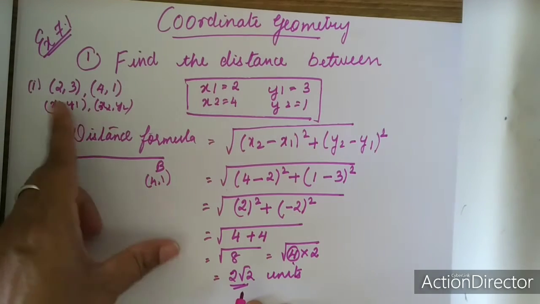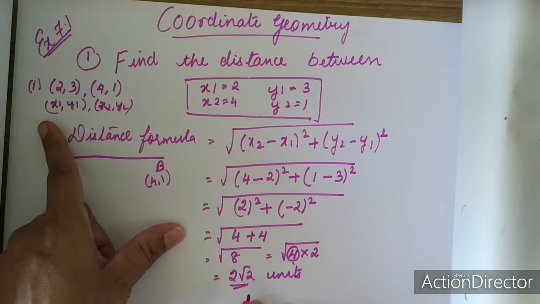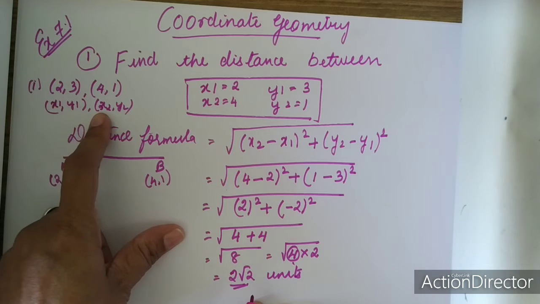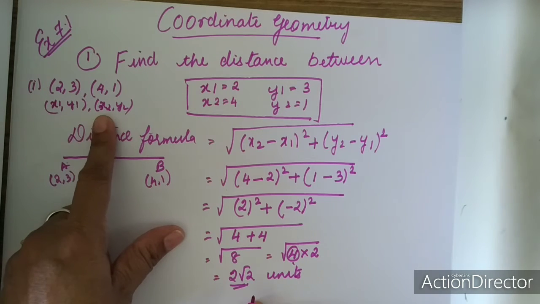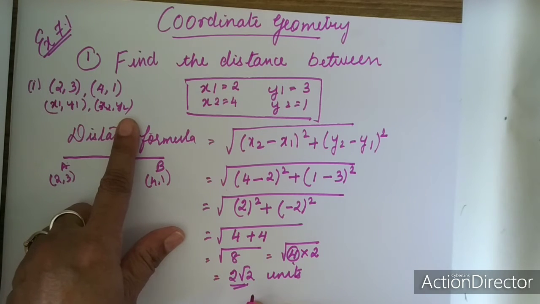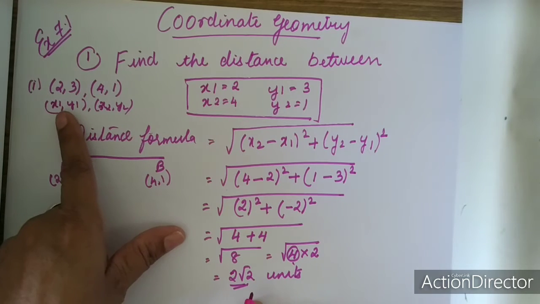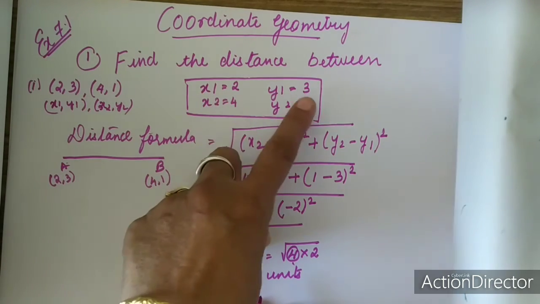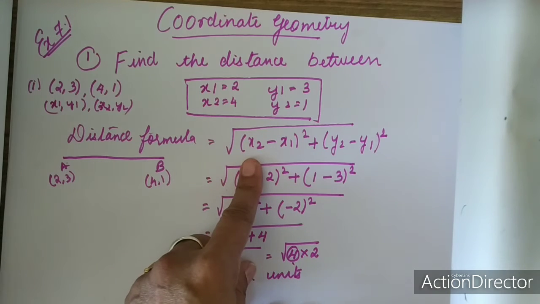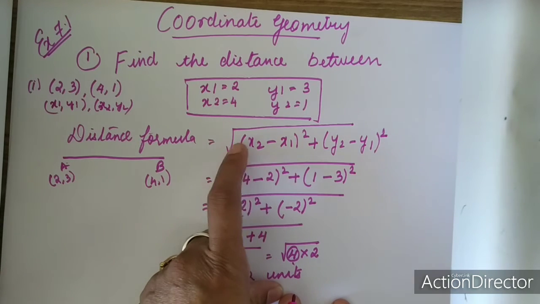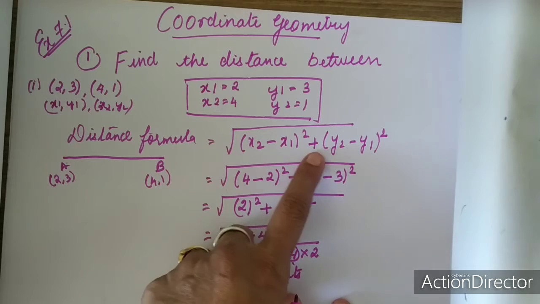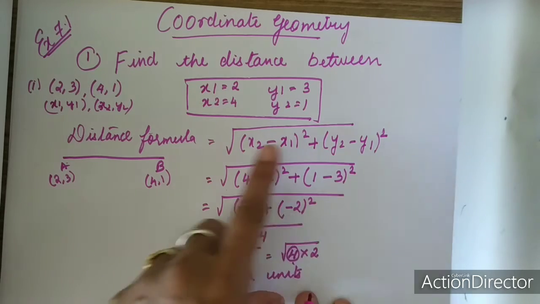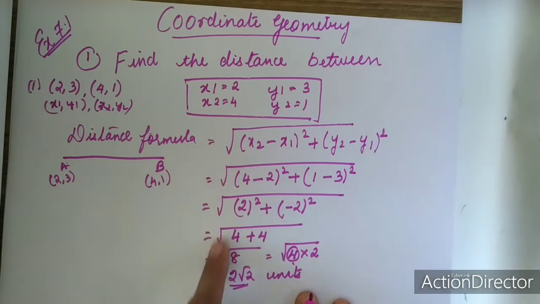And this x1 and x2 can be interchanged also. This also you can take as x2, this also you can take as x1. If you take this as x1, then it will be y1. Got it, all of you? So this is how you take. First one is x1, y1 I have taken, second coordinate as x2 and y2. After writing this x1 and x2, y1 and y2, put it in the distance formula. The distance formula is under root of x2 minus x1 whole square plus y2 minus y1 whole square. Put these values over here and then find out the answer.